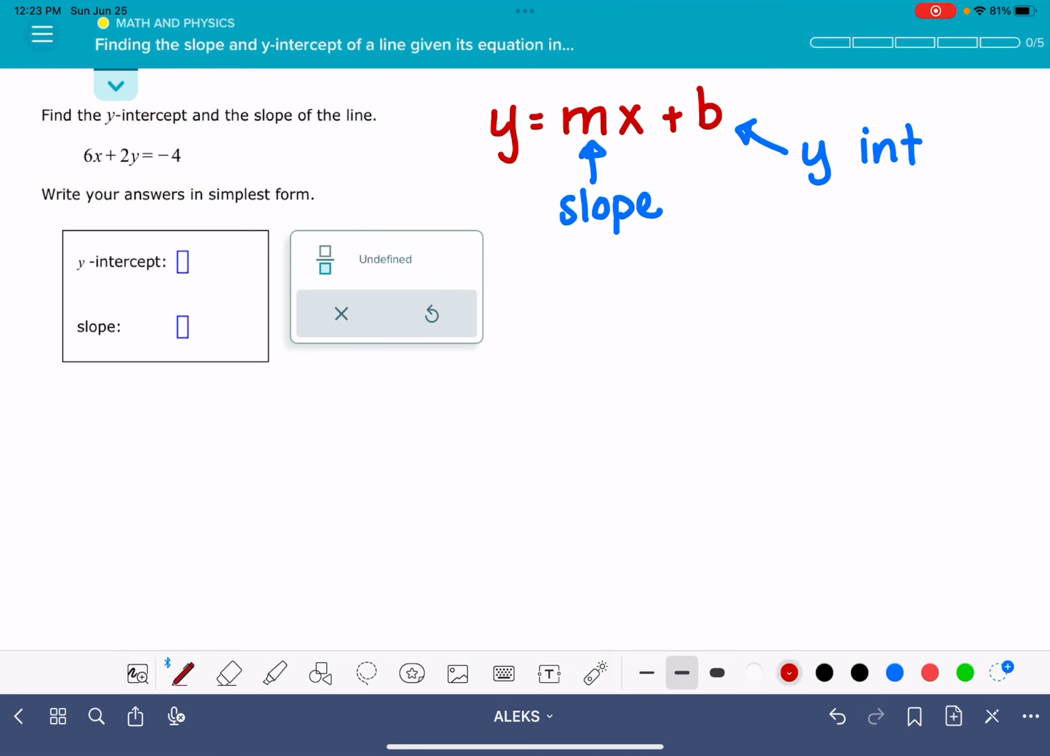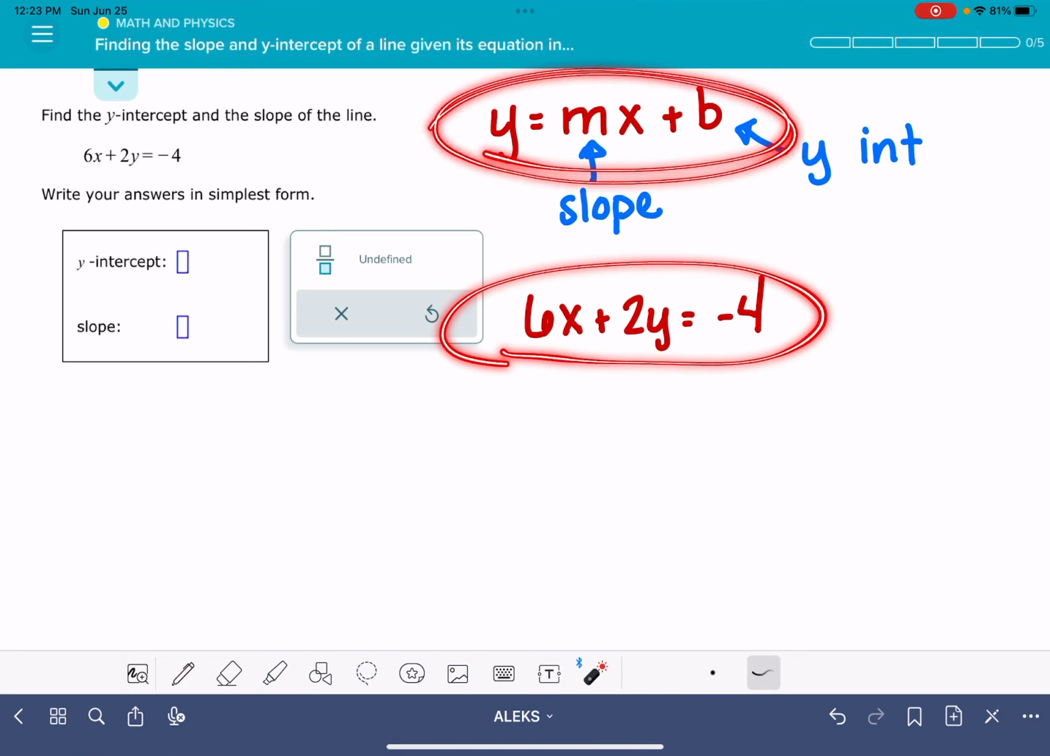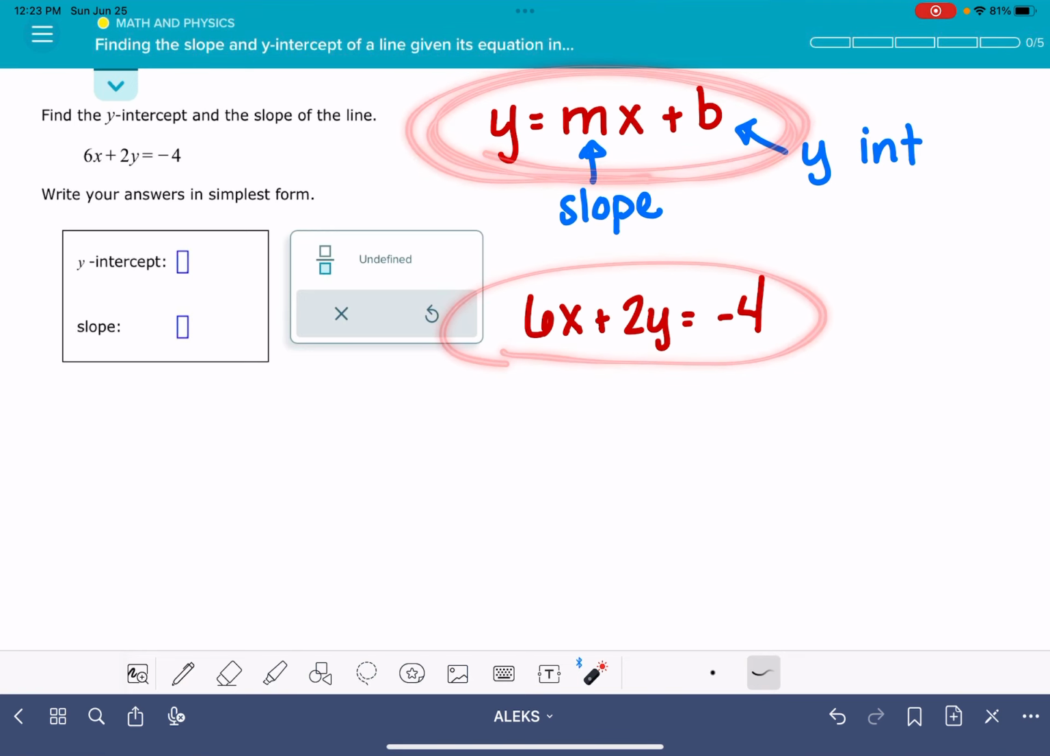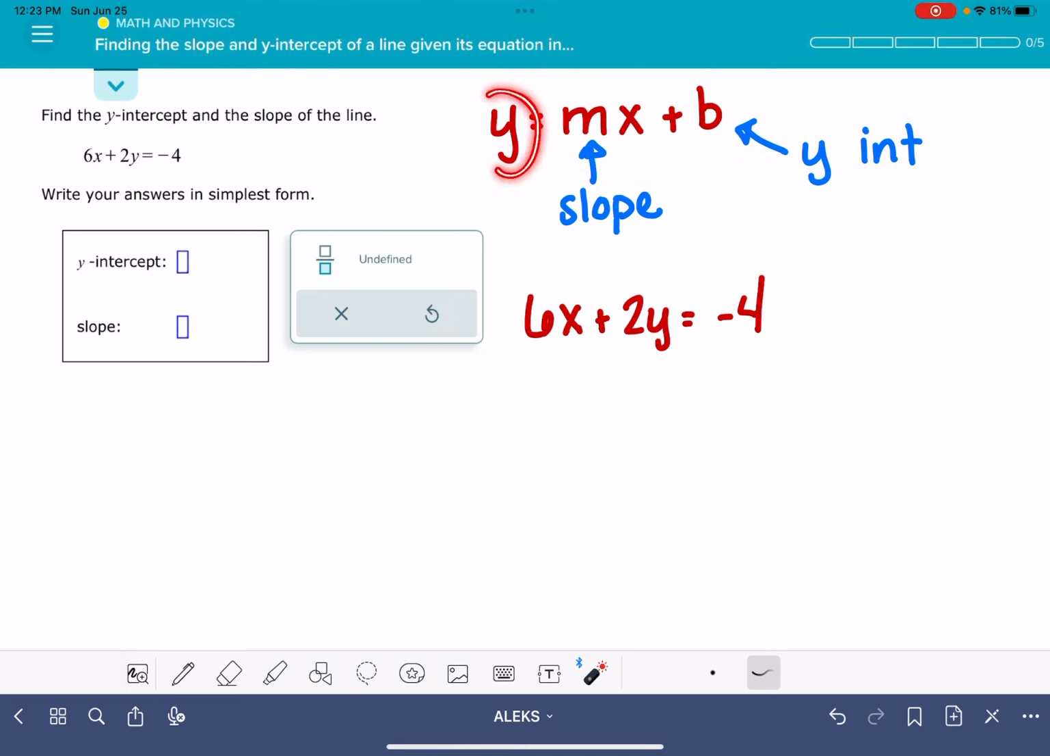I'm going to rewrite the equation down here just to give myself a little bit more space. 6x plus 2y equals -4. That's the equation I've been provided with. And what I'm going to do is take this equation and work on converting it into this particular format. So the first thing that I want to do is get the y variable isolated